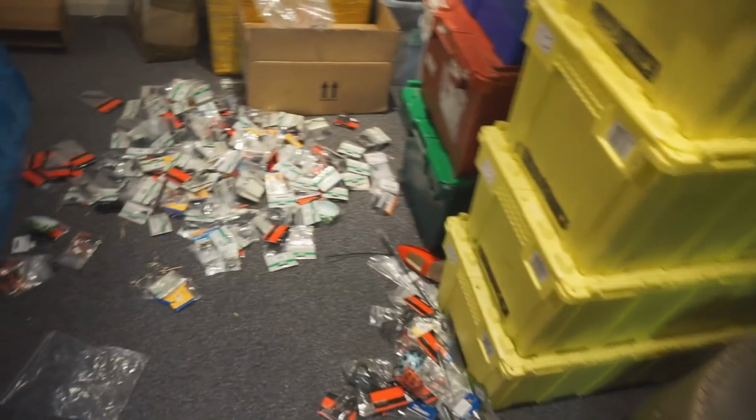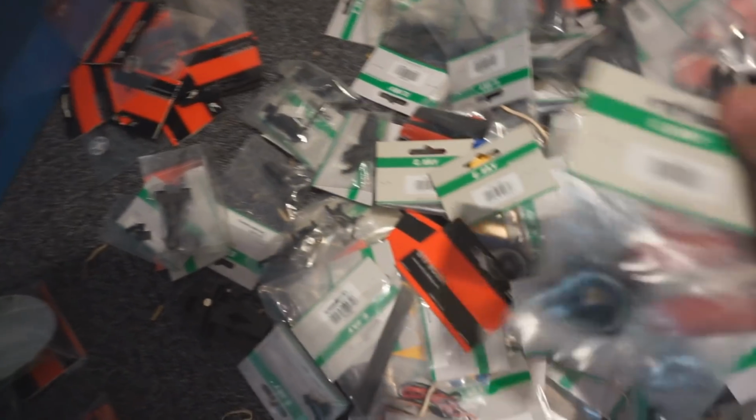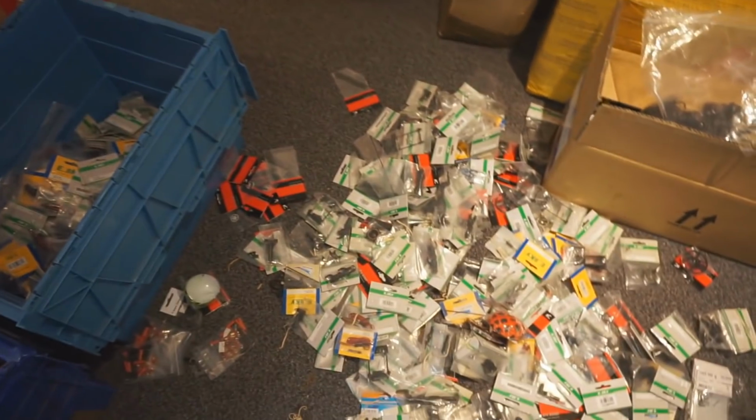I just thought I'd show you halfway through, or less than halfway through really. I've just started separating the brands, and this is what can take so much time because this is kind of like the first sorting. We've gotten this stuff in massive crates, and you think about each of these packets, I mean that easily could be a £5 to £10 part, and we've got so many of them lying around. We have to separate into brands, so we've got KDS brand, E-Sky brand, and then over there we've got Walkera brand, and then there's going to be another sorting where we're going to actually group together the likewise items,